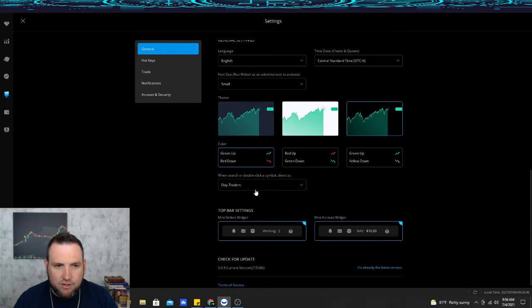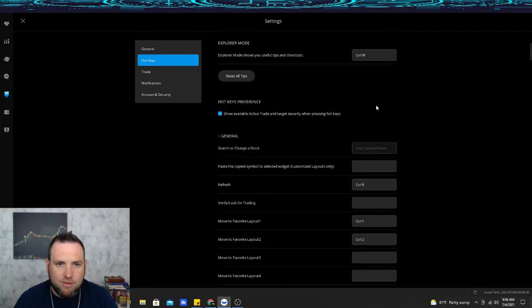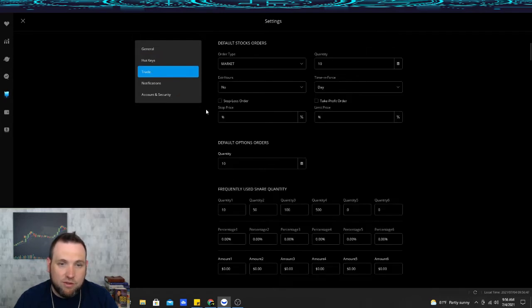You can make sure that your version is updated. They do have hotkeys. I don't use hotkeys, but if you use those, you are able to do that. Then you can set up your default stock orders. So of course I like mine on market type. You can make it a general quantity of 10, or if you want 20 shares or 50 shares, whatever you're